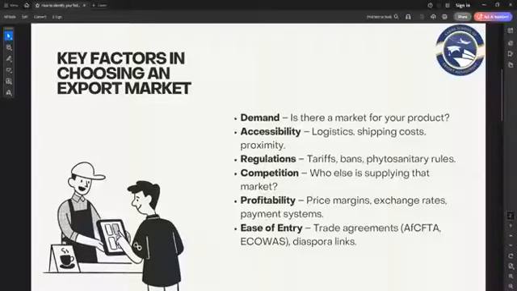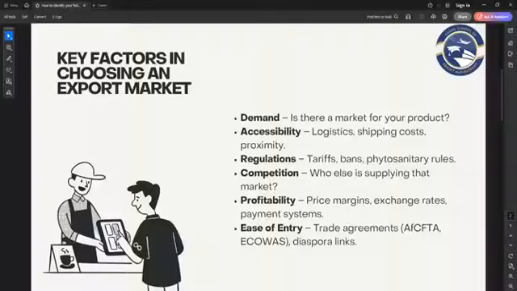So this takes different logistics processes that you need to do your research on. You want to check logistics, the shipping cost and proximity, how far or how close it is to Nigeria, to our borders, to our shipping ports rather in Nigeria. Then regulations, you want to look at regulations now that we have these bouts of regulation, tariff wars going around